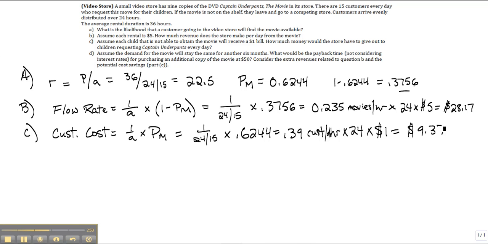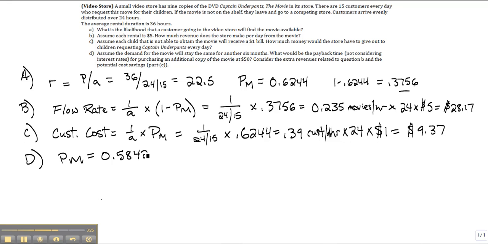Now, to determine the payback period for part D, we'll need to repeat the previous 3 calculations using an M value of 10 rather than 9, signifying that they purchased the additional copy of the video. Then once we know the revenue the store is making per day and the penalties they're paying to disappointed children, we can compare this to the original values and figure out how many days it would take to recoup the $50. So for part D, our new probability using that M of 10 is